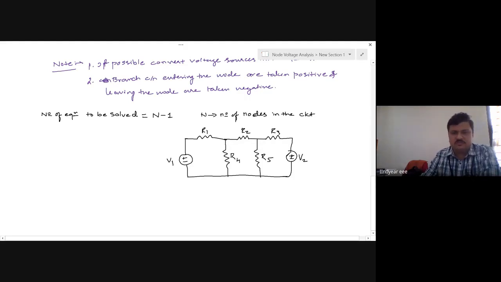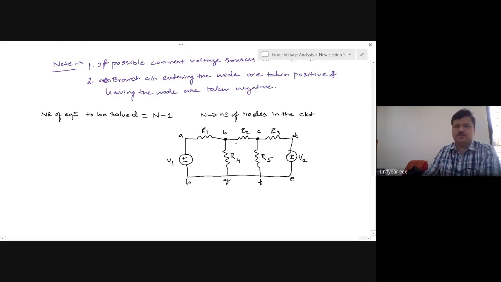Now, how many nodes are there? If you see the bottom line, this is all a single point. Take the points A, B, C, D, E, F, G, H. See, E, F, G, H is a single point. Though it appears to be a 4-point connection, it is a single point. B is a node, C is a node, F is a node, and G is a node. F and G are the same node.